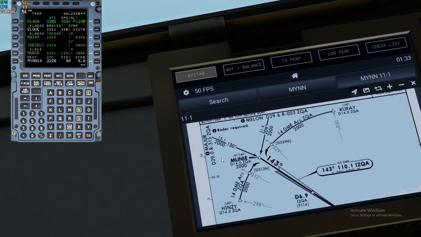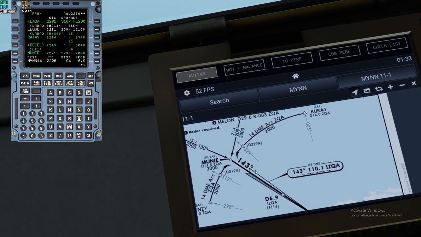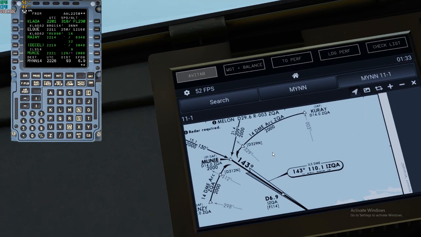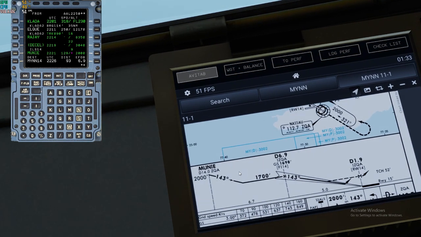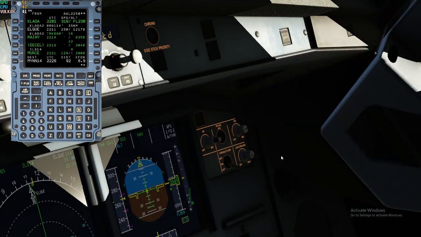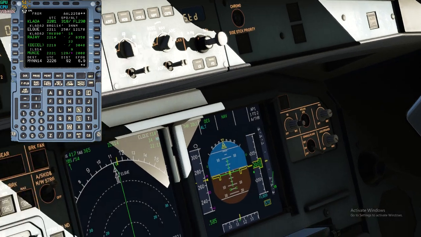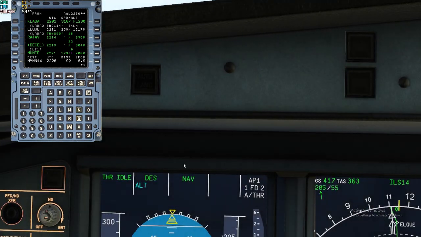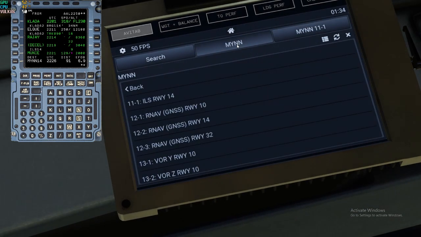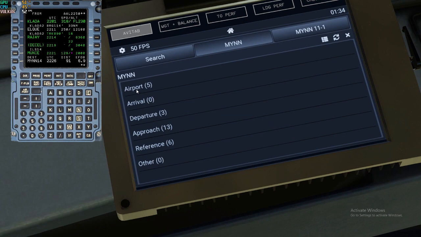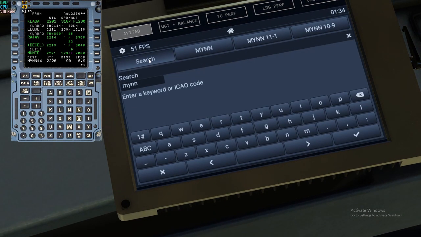I don't see there. So, heading 143, we have already updated that into the MCDU. We should be flying to Munich at 2000, so we're just gonna set our altitude down to 2000 feet. We're descending already. We're arriving at gate B30, so just opening up